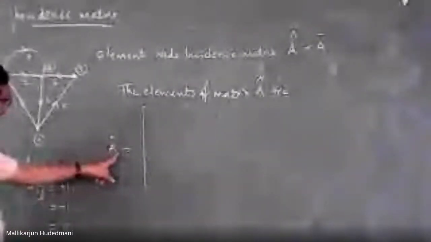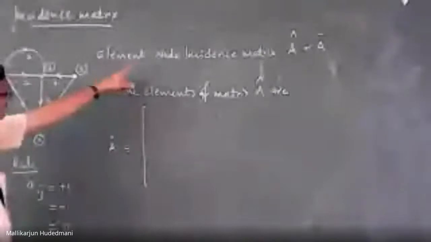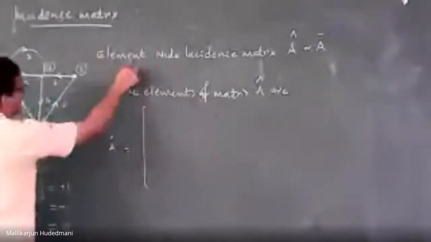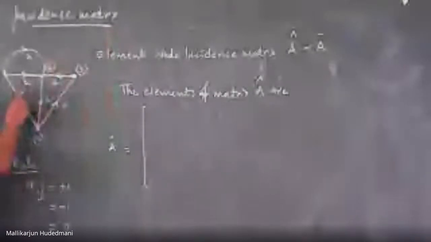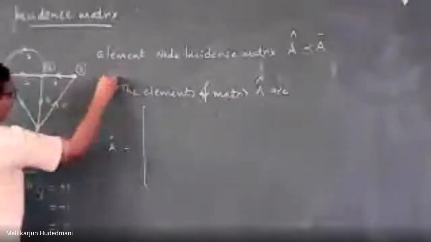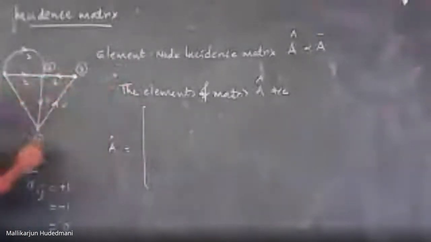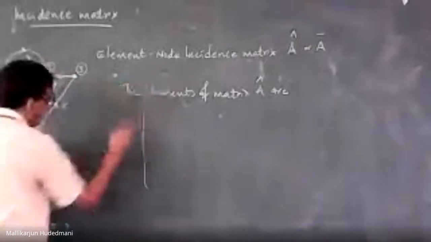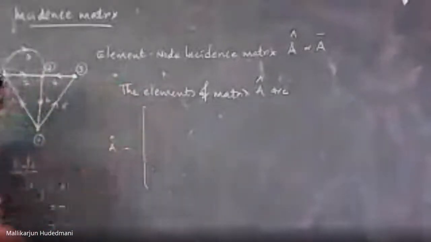Yes, A cap or A bar is known as the element node incidence matrix. How many elements are there? I should know. 1, 2, 3, 4, 5, 6. So by number of elements, I have 6. How many nodes are there? 0, 1, 2, 3. Physically, I have 4. It means this matrix A cap will have a dimension 6 cross 4 or 4 cross 6, depending upon the